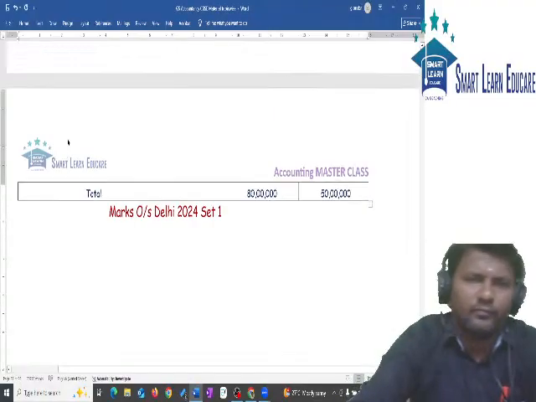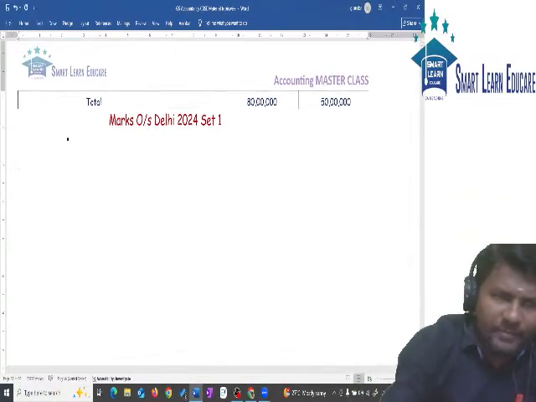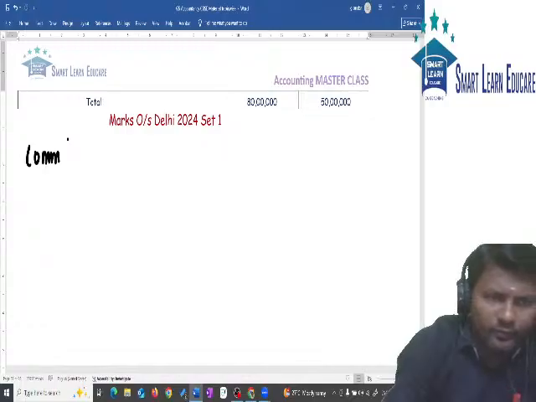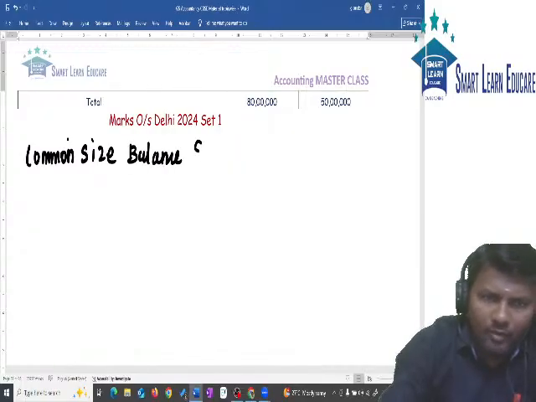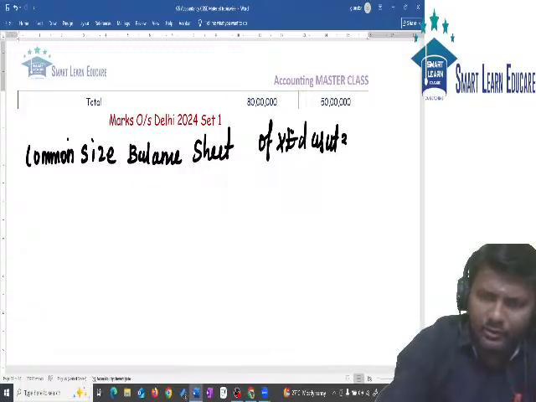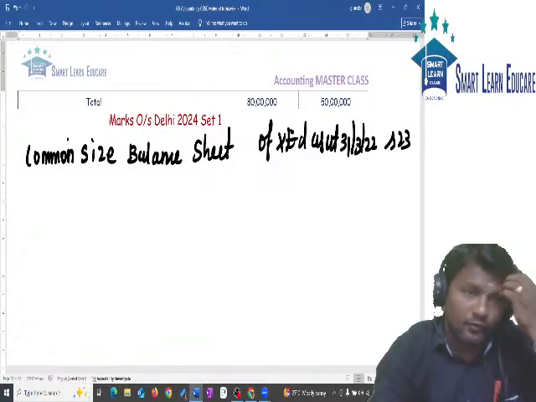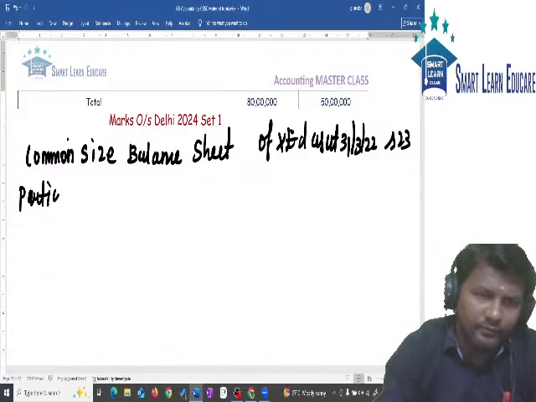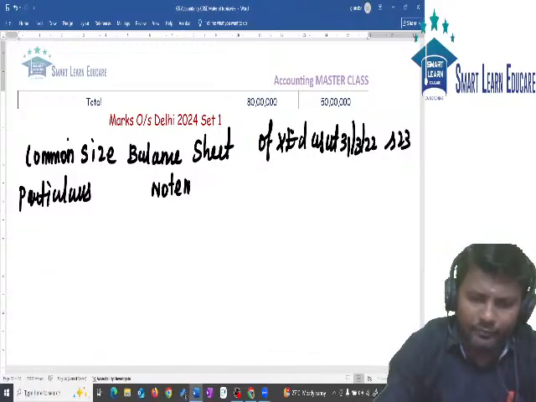First one, it is common size balance sheet. Common size balance sheet of X Limited as at 31st March 22 and 23. So following are the information, particulars, balance sheet order note number, absolute amount,